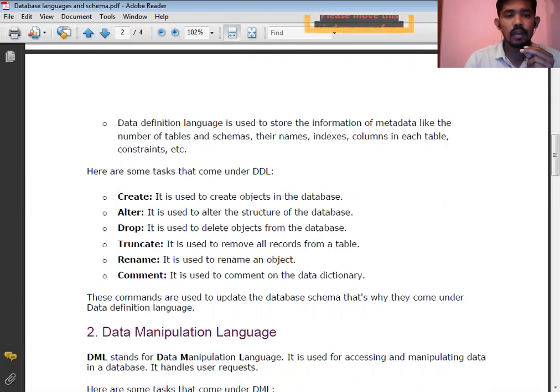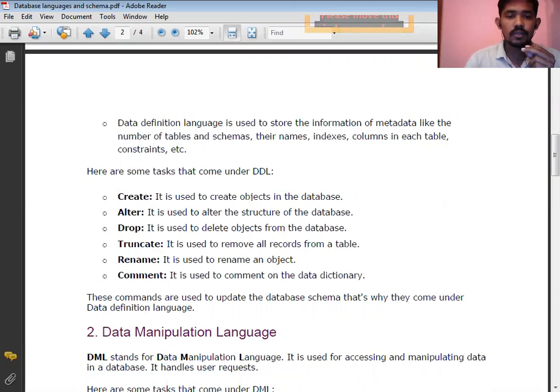For example, I want to add one column into an existing table; for that purpose I can use the alter command. Also if I want to add another row in an existing table, or delete one column from an existing table, the alter command is used.